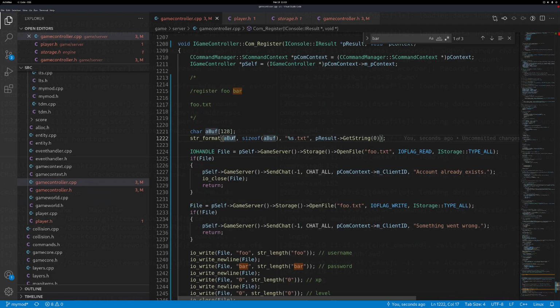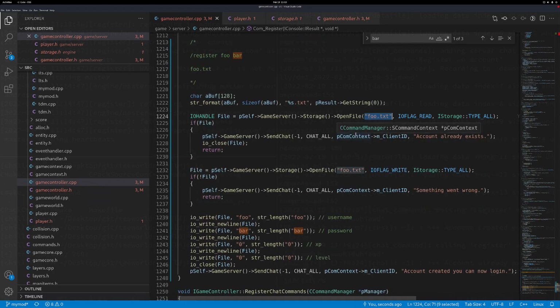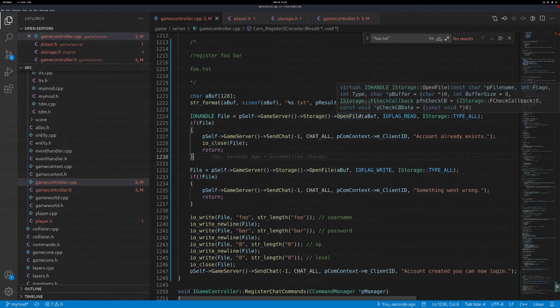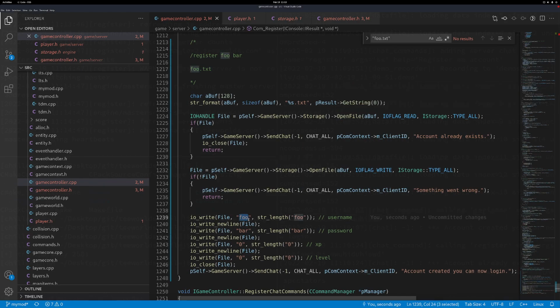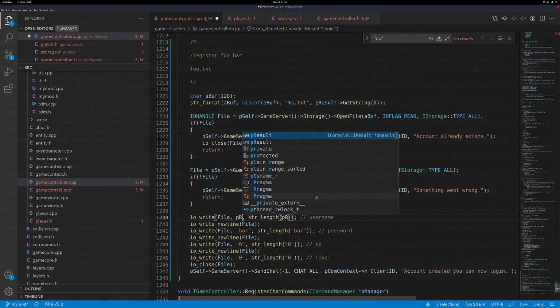Awesome. Then we have our above string that we can use and put it in here, and down here I'm using Ctrl D to have multiple cursors after I highlighted a certain text. Wonderful. Okay. Also down here we don't want to hardcode foo. We don't want to use above because we don't want to have the .txt in the file. So the file name will be foo.txt, but the first line of the file will only be foo, only the username without the extension. So above is too much. We only want the username, so that's in pResult